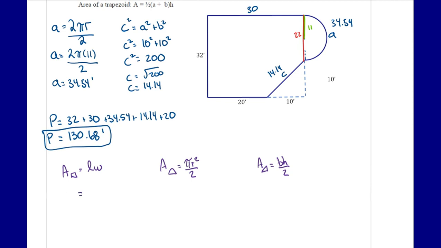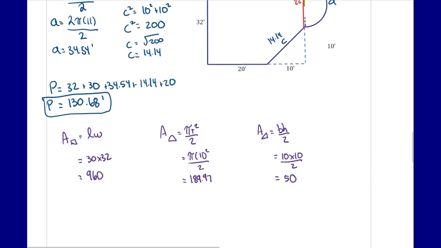So for my rectangle, length times width, 30 times 32 is equal to 960. Pi times the radius, which we know is 11, squared, divided by 2, gives us 189.97. And for the triangle, 10 times 10 divided by 2, which is 50. Now, to find my total area, I can do 960 plus 189.97 plus 50,